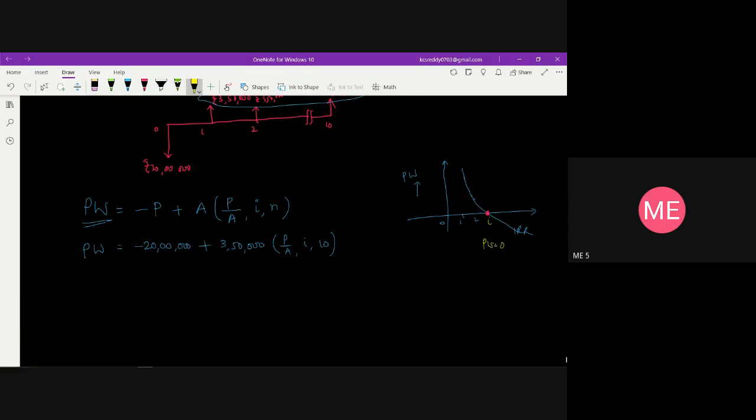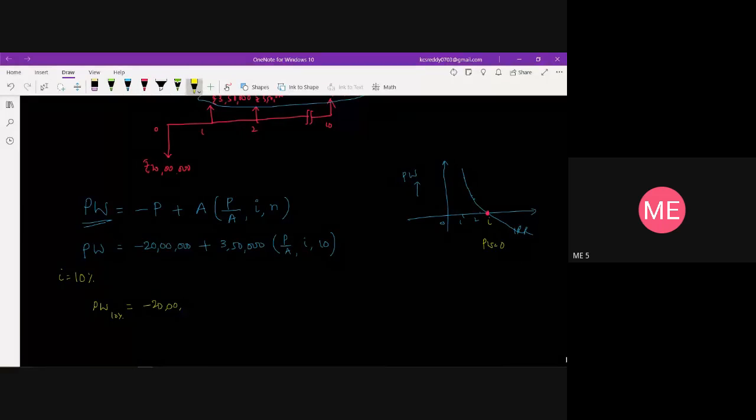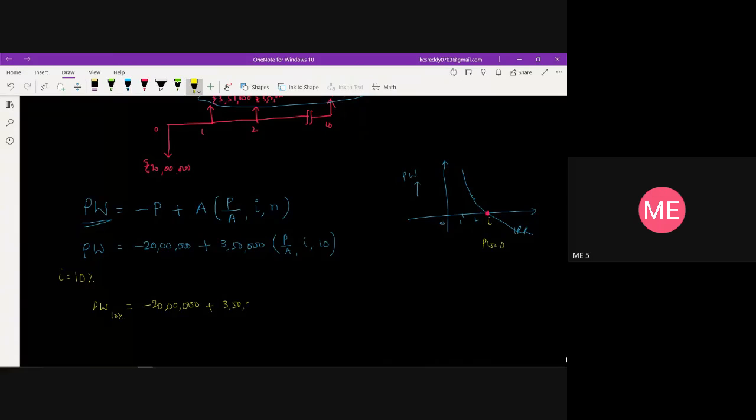Similarly, here we are going to find out for different values of I. For example, I take I as 10%, because if I take 10% as the rate of interest, then what will be the equation? Present worth for 10%, I'll be getting minus 20 lakhs plus 3,50,000, and here the factor will become P by A, because I have taken 10%. So we'll be finding, at 10%, what is the value of present worth in this case? So here minus 20 lakhs